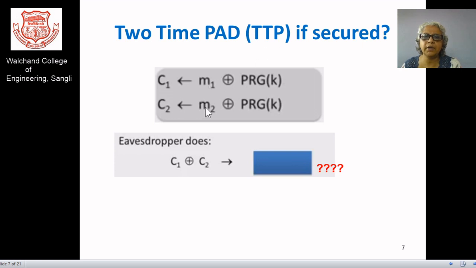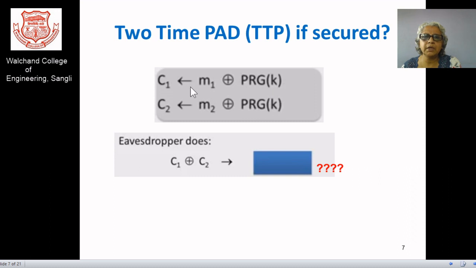So, let M1 and M2 be two message samples, and these are XORed with the key. This is the symbol of the XOR. The key is kept the same, K. PRG is the indication for the pseudo random generator, because we need the key to be a pseudo random key. There are certain generators which give you generations of the key. Why am I saying pseudo random? Because these are not truly random. There are two categories. We may have some discussion afterwards. So far in your security algorithms, you are going for pseudo random functions only.